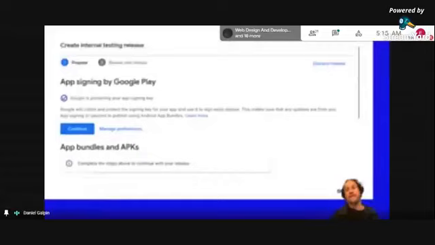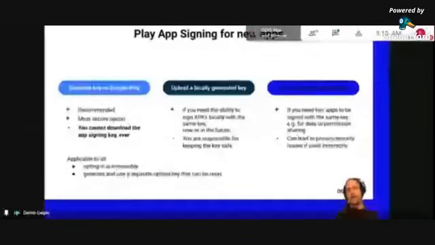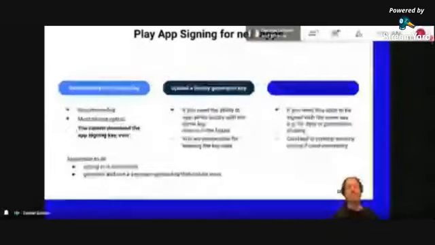There's also this manage preferences button where you opt into Play App Signing but don't provide an existing key, and this is the most secure option, because if you never own the key, you can't leak it. That's why it's the recommended way to go. However, a big caveat you have to be mindful about is that Play App Signing doesn't offer a way to download this generated key ever. So if you need to be able to use that key for signing locally, you can upload your own key. Of course, the downside is that you're responsible for managing that key. And again, even if you upload a key, we don't ever provide it back to you, so you need to make sure that you manage that on your own.